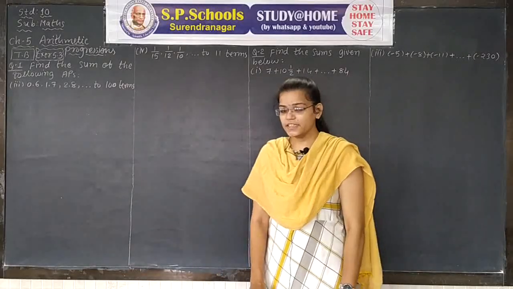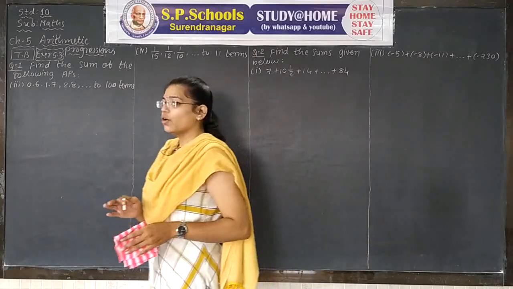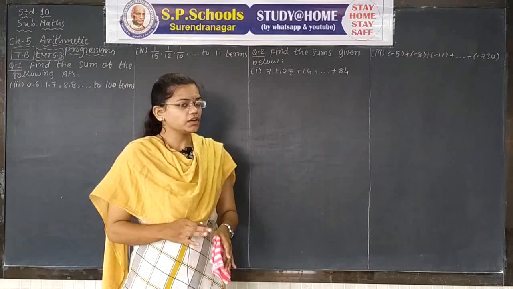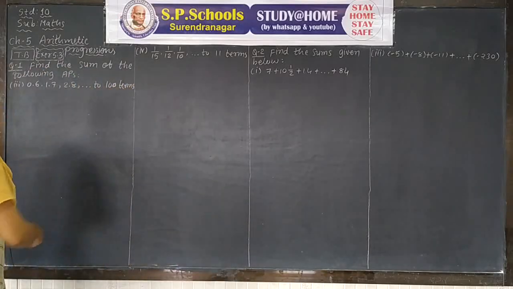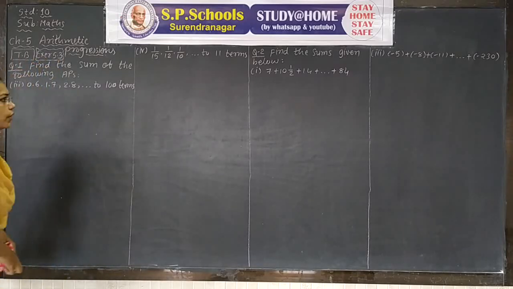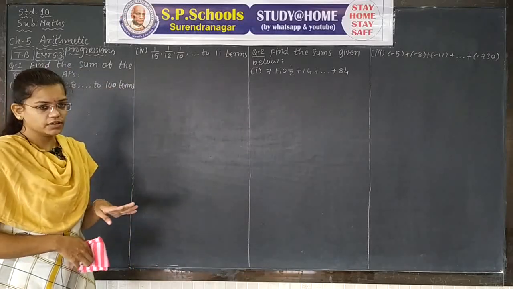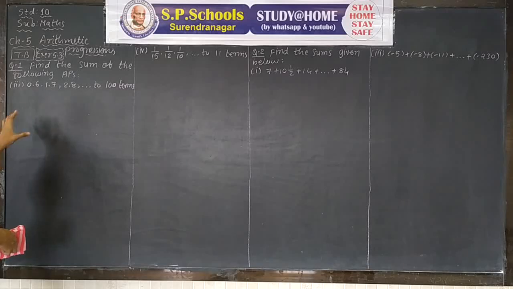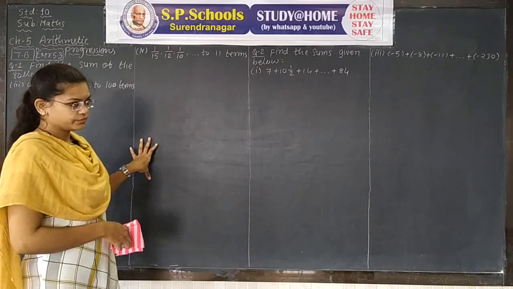Example 16 is cut from our syllabus. Regularly on a life base, sum of n terms is not necessary to solve. Let's see exercise 5.3 from our textbook. In question number 1, four different types of infinite APs are given. Try the first and second yourself; I am explaining the third and fourth here.